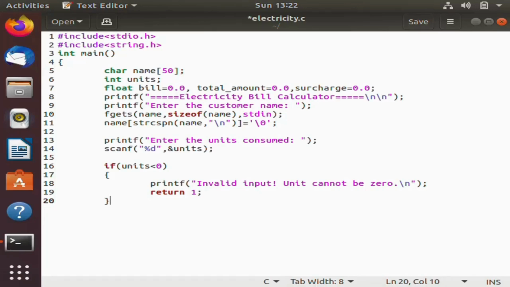So we have collected the details from the user, we are asking the customer name and the units consumed. Now we'll calculate the bill based on the slabs, right? So we will give the next condition, that is if units is less than or equal to 200, how we have to calculate is, it is going to be units multiplied by 0.8, that is per unit it is 0.8 rupees or 80 paise. So I can give it as bill equal to units star 0.80,